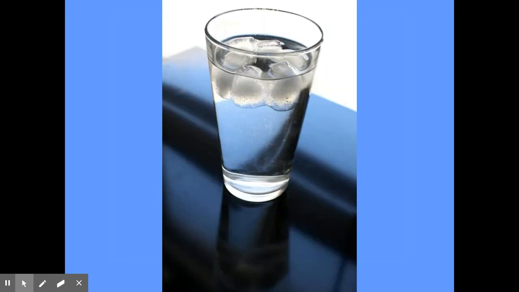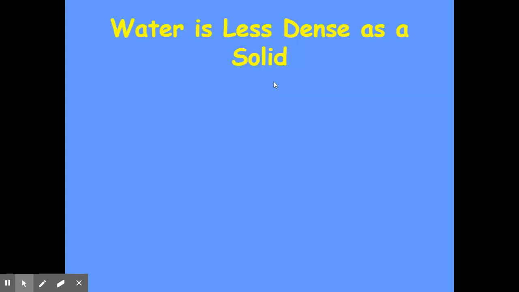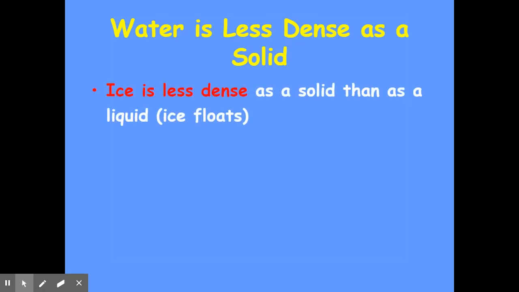Okay, so here's a glass with ice floating in it. Who cares, right? Well, we care. Ice is less dense. That's why it can float. Now, water exists in 3 states of matter: solid, liquid, and gas. Ice as a solid is actually less dense than it is as a liquid, which is very unusual in